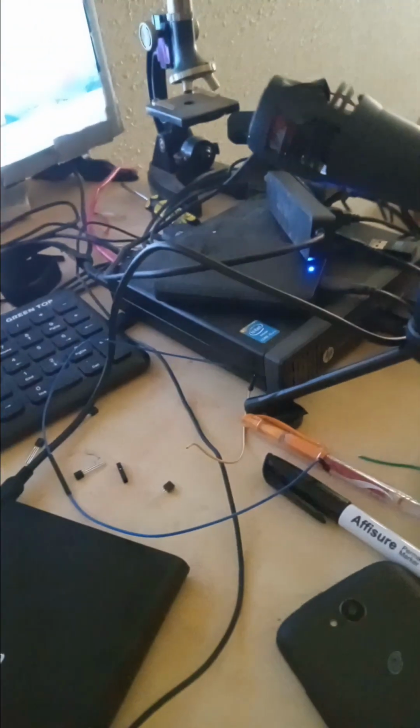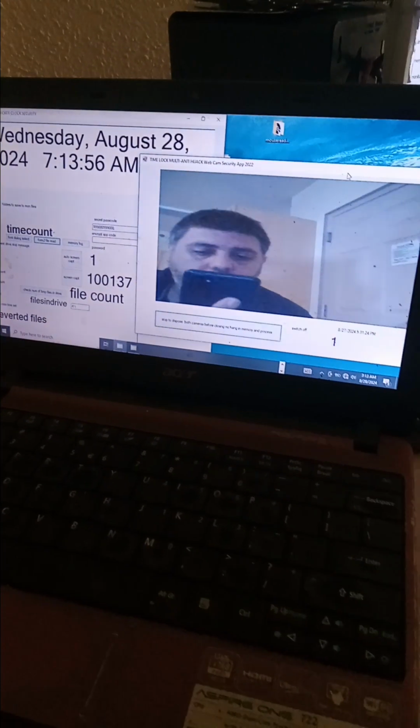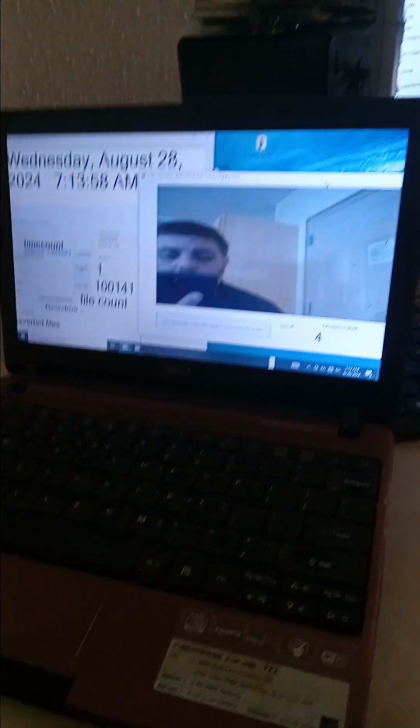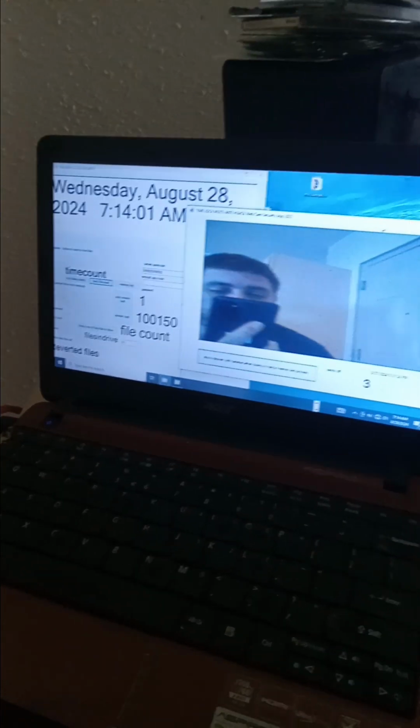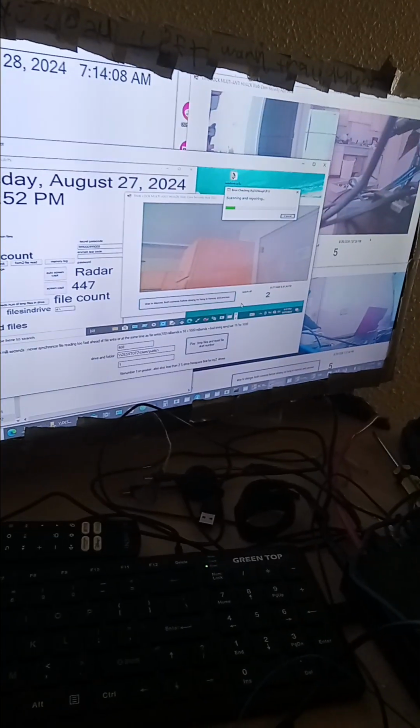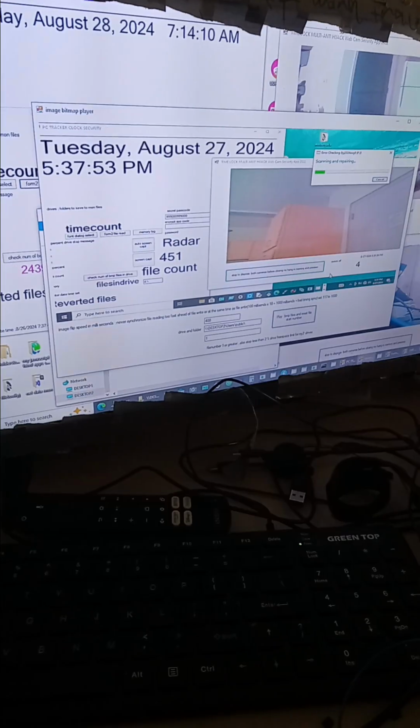We have a dual network here with a crossover cable, a desktop here and a laptop here. This laptop is recording a security video, and so is this desktop, with the same software that I designed, and the crossover cable is connected between the two. Now I can record with this one, but I can also record with this one, but we can watch